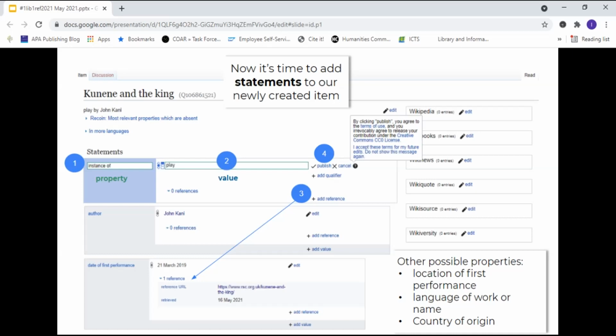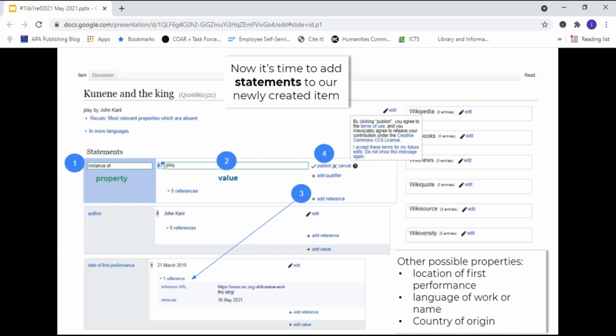And here one can find a related item on Wikidata and see what properties are used to describe it. For example, another play. Or the other option is to refer to the list of properties via the link that is provided to find what other related items are available.